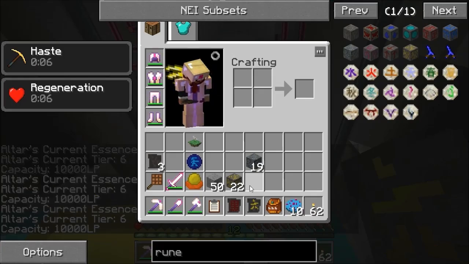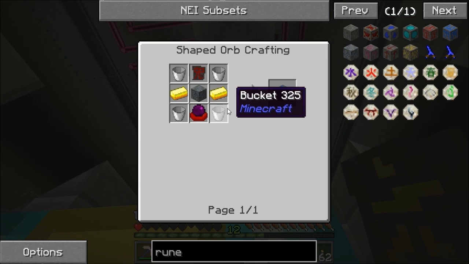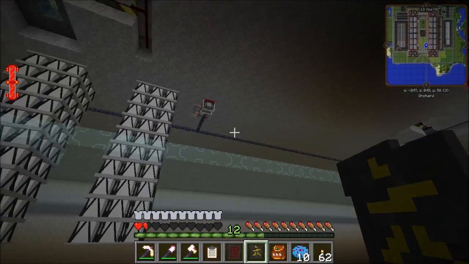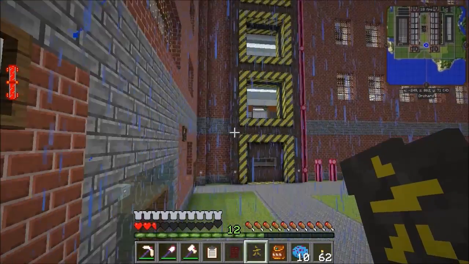And the second thing is these guys. These are called runes of acceleration. And what I need to do is go and make some of these. Now unfortunately, I'm going to have to make these as I go, because this is the reason why I'm making this altar down here like it is. If we look in here,